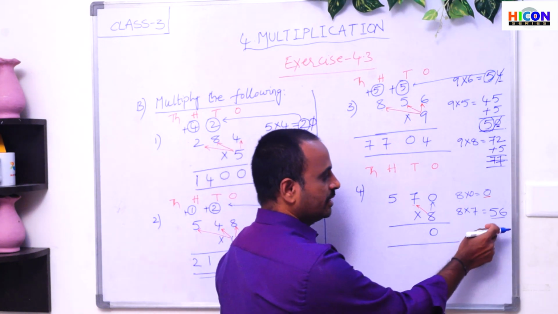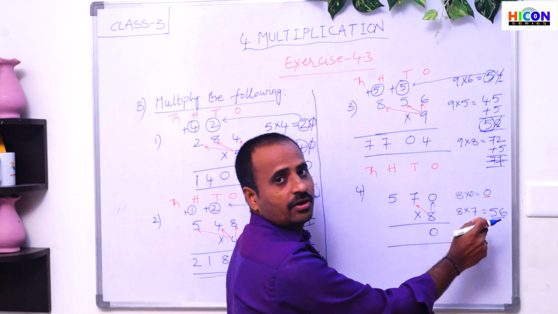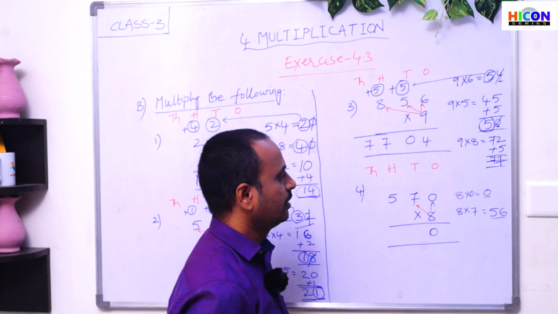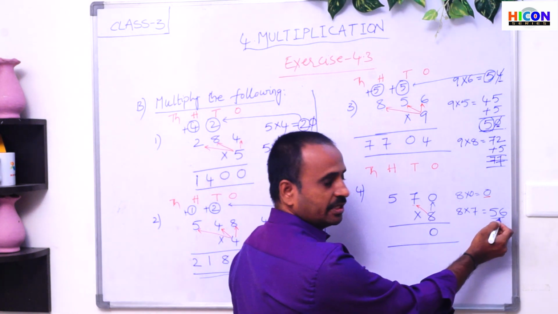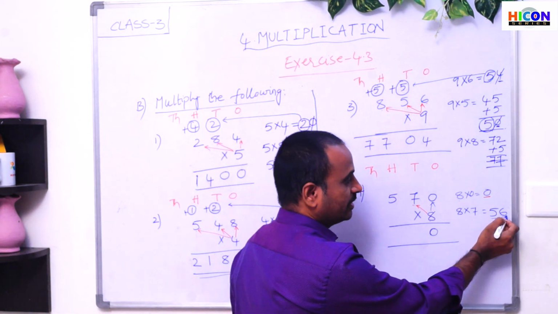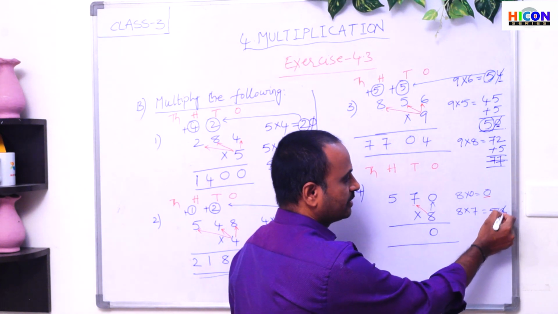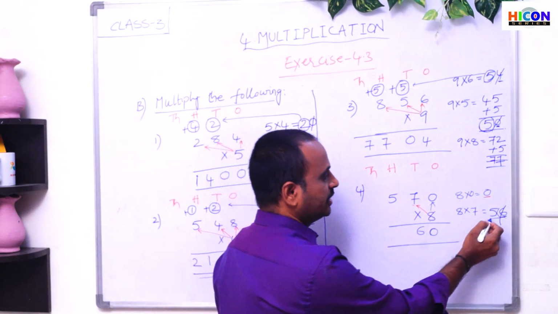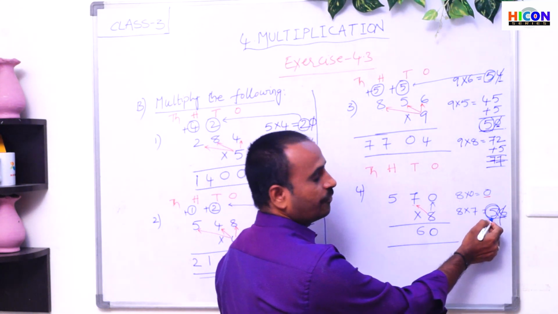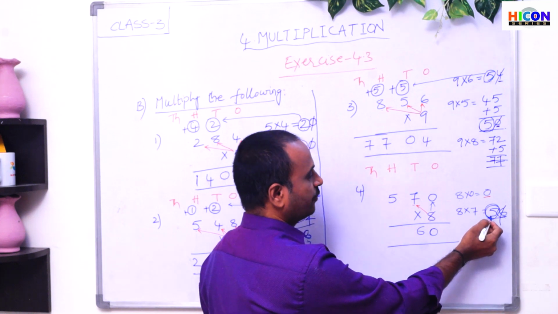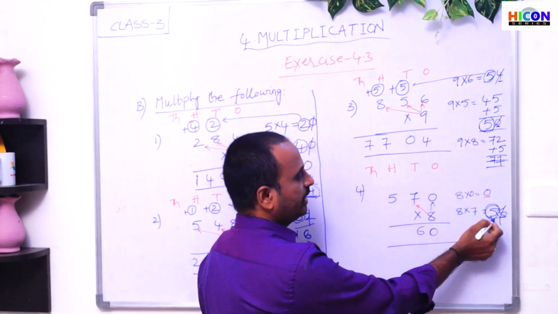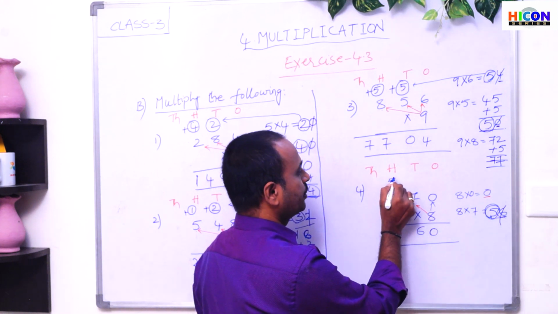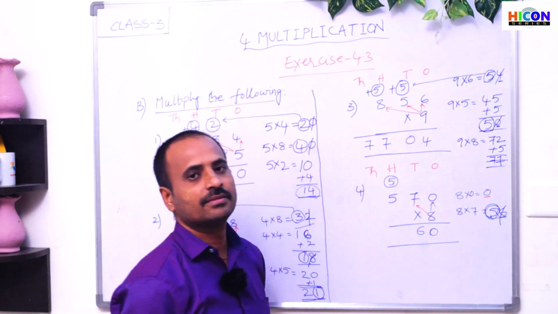So now this is a 2-digit number. Now what do we have to do? If the product is a 2-digit number, then we have to carry. So here, write the second digit. What is the second digit here? 6. So write 6 under tens place. And carry the first digit. What is the first digit here? 5. Carry this first digit 5 to the next place. What is the next place? Hundreds place. So carry this 5 to the hundreds place.